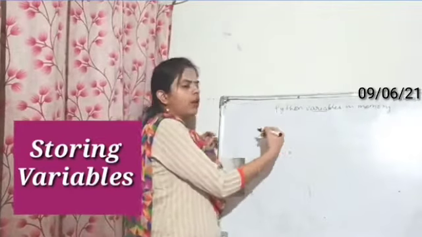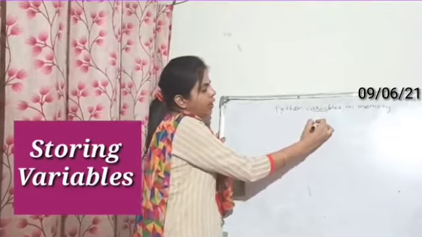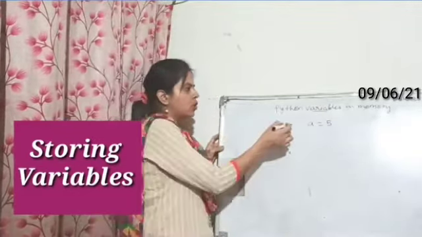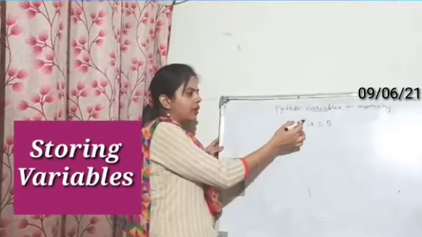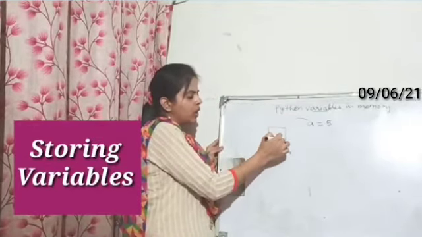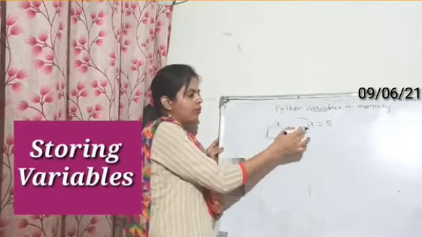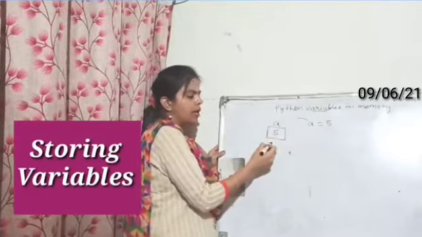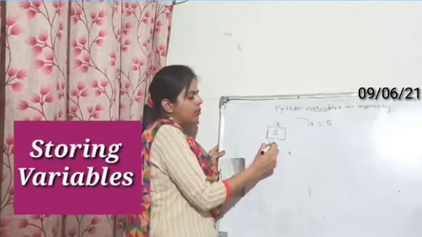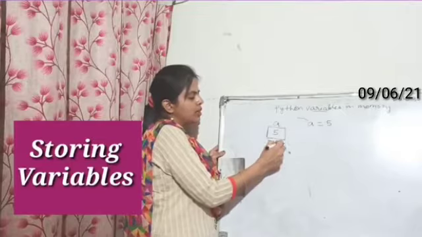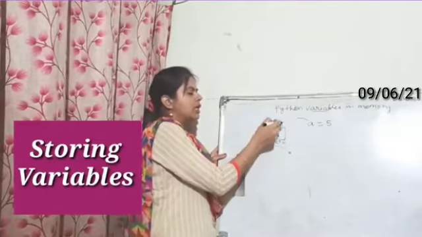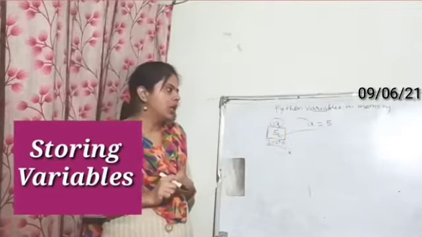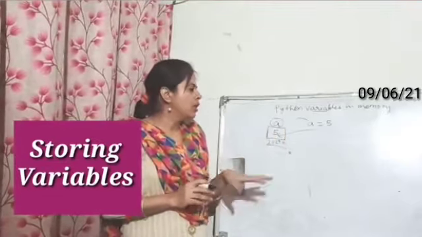For example, when I define a value for a variable, suppose I have written a is equal to 5. This a will take a place in the memory. There will be a space in the memory with label a, which will denote the number 5, and a memory address will be assigned to it, which can be for example 20290. So this is the memory address, this is the label, and this is the value which is stored in the memory of the computer. Okay. So now this is stored.